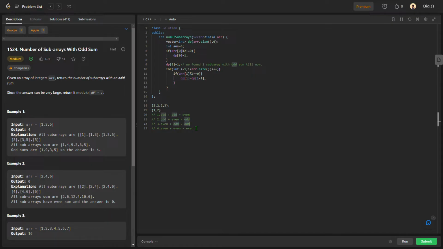But that is not the case right now, because I previously had an odd subarray sum. I am encountering an even integer right now, so the sum remains odd. This has not contributed anything to my count of answers, so let the count of subarrays be as it is. Okay, else,